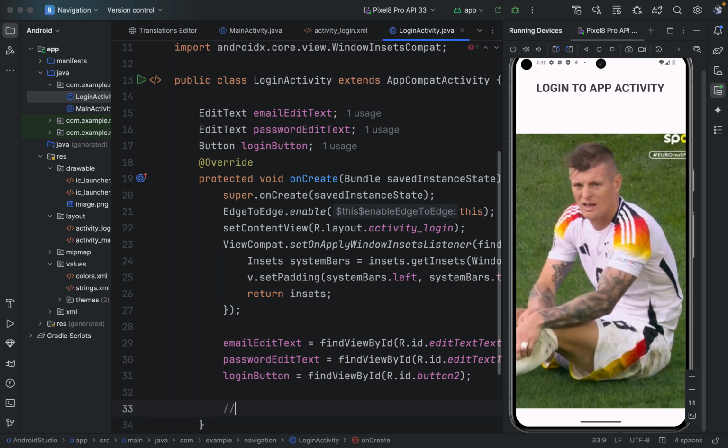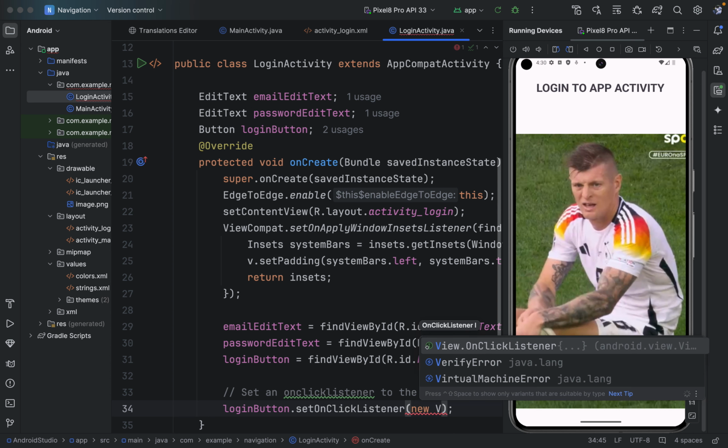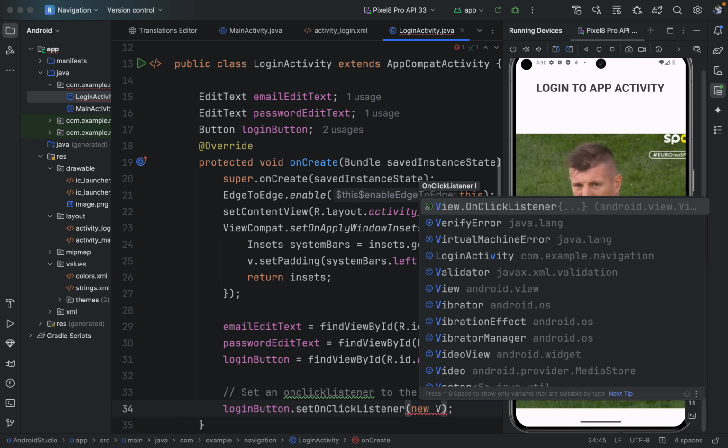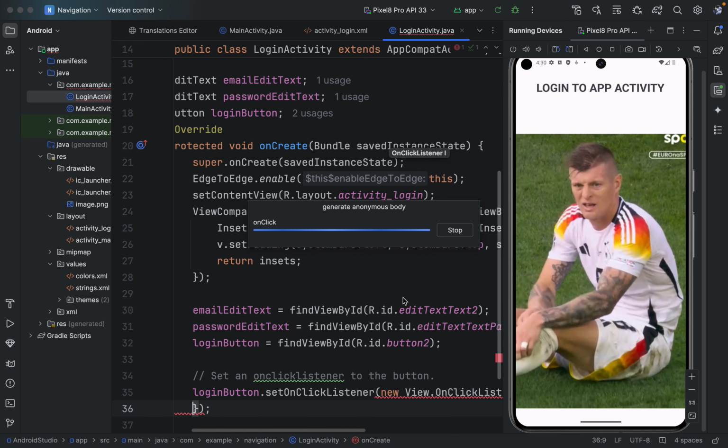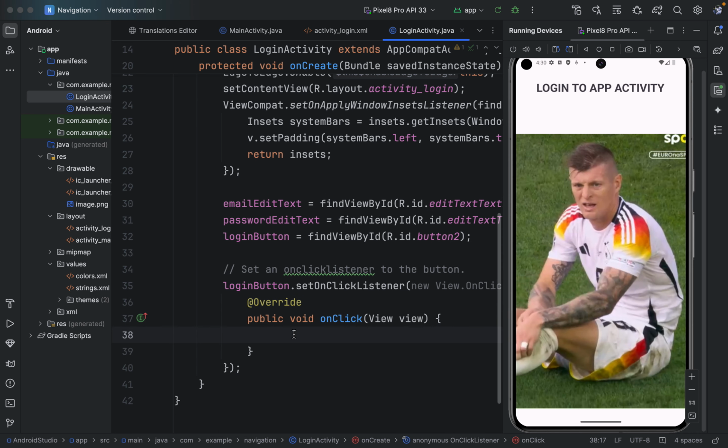And now what do you want to do? Set an on click listener to the button, so that we can listen if the login button has been pressed. So say login button dot set on click listener, and then you just type new view dot on click listener. So select the one that has view dot on click listener, and it will generate that code for you. And now here